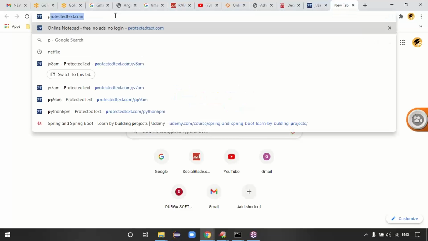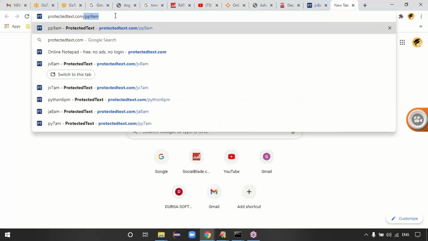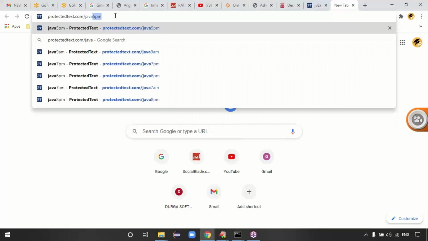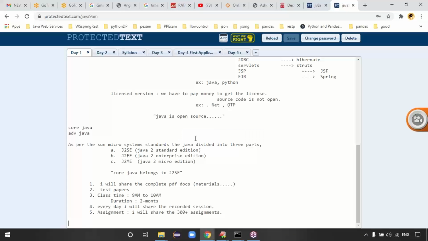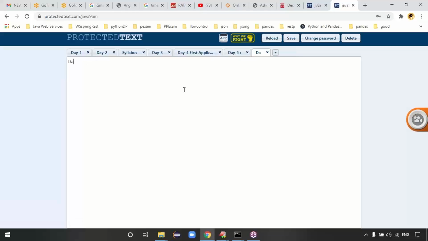Let me upload this data to the protectedtest.com Java 9 a.m. page. So here you can write the Java. Today is day 6, guys.